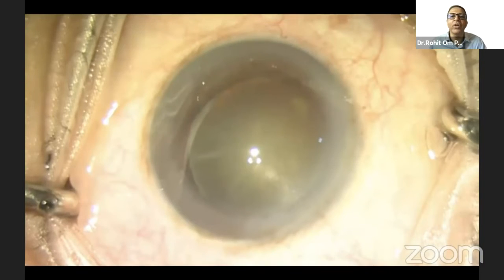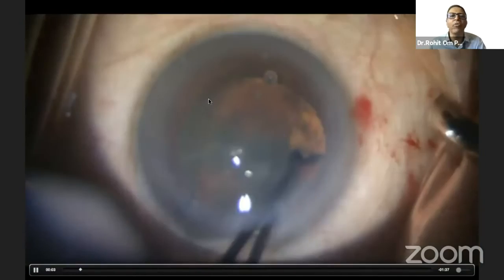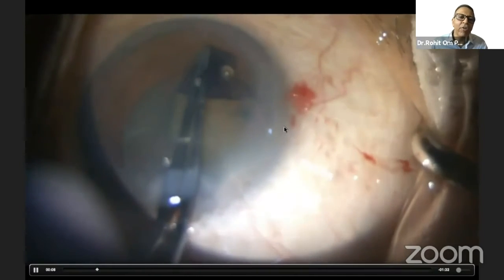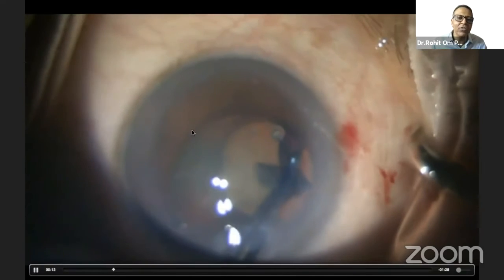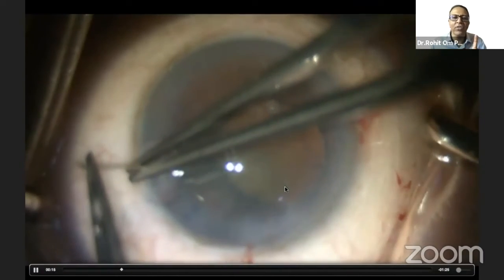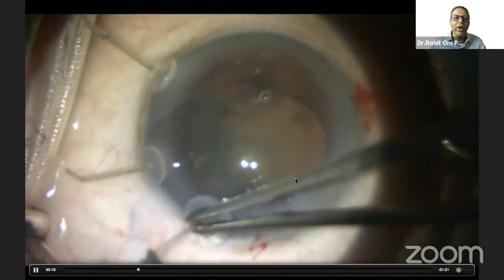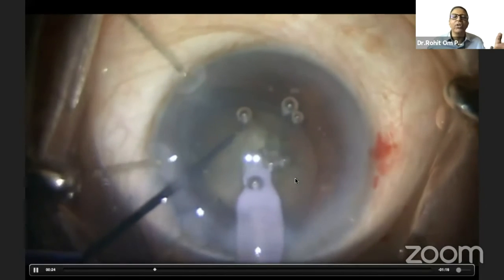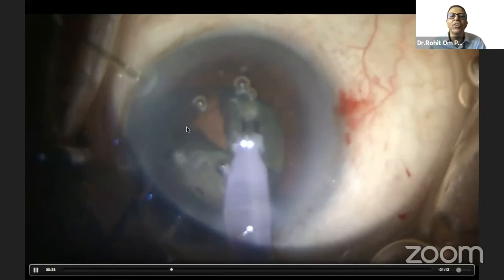So this is another video wherein you will find that the zonular dehiscence is profound. Capsulorhexis initiated farthest away, and the sizing is to center the lens, not the pupil. That is another click. Capsular hooks coming into play, so they will act as artificial zonules and provide support to the bag, but you can find that the nucleus piece is there.